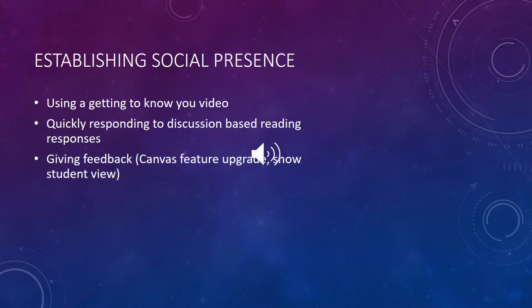Also, one way I'll establish social presence is by giving feedback on written assignments that the students do. And something I've noticed in Canvas is that when you annotate an assignment directly, that feedback isn't really obvious, and I'm not really notified that it exists. And so I put in a feature request, and then someone else put in a similar feature request. I got lots of upvotes in the Canvas system, so they're going to be making a change,